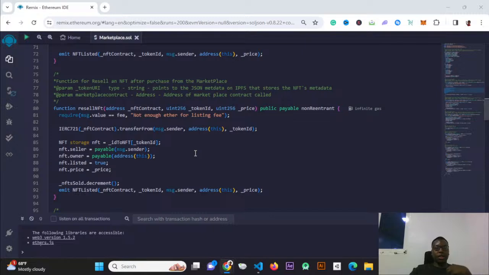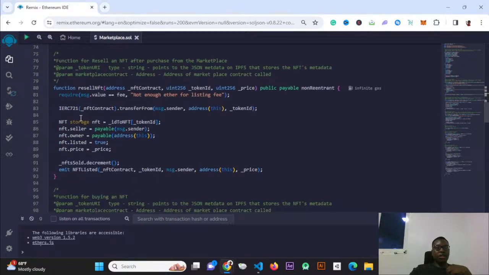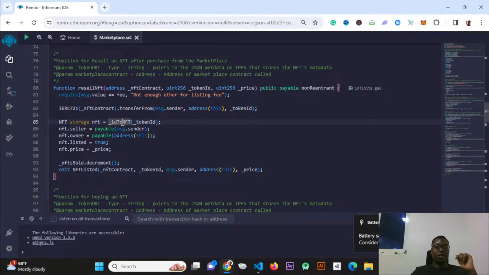So unlike here where you're creating a new token ID for this particular NFT, here basically you're saying where this NFT is equals to the token ID. So when you resell this NFT, it already has a token ID. So for me to make sure that I'm not creating any duplicates or any conflicts, I need to check if that token with ID already exists. And if it does,